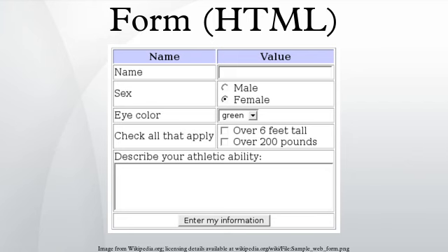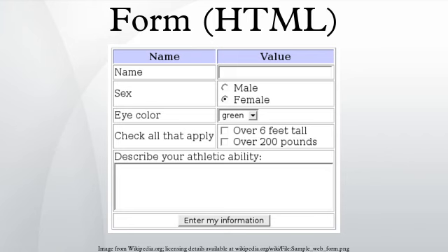Elements: forms can be made up of standard graphical user interface elements. Text input: a simple text box that allows input of a single line of text. Checkbox: a checkbox. Radio: a radio button. File: a file select control for uploading a file. Reset: a reset button that, when activated, tells the browser to restore the values to their initial values. Submit: a button that tells the browser to take action on the form. Text area: much like the text input field, except a text area allows for multiple rows of data to be shown and entered. Select: a drop-down list that displays a list of items a user can select from.